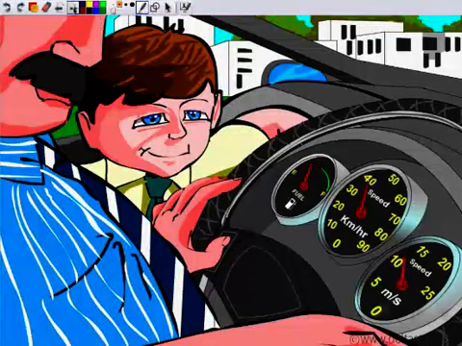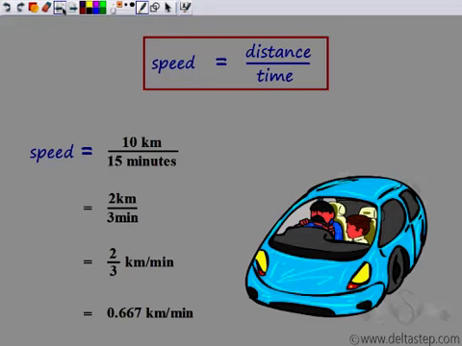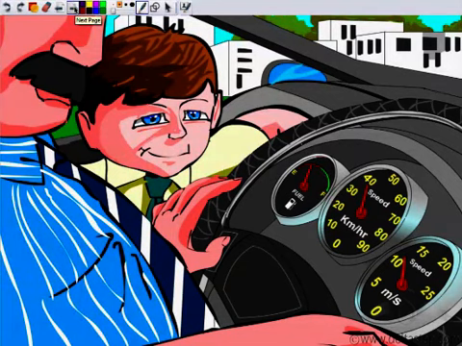Well, if you carefully observe this speedometer, you would find the answer. You can see that here speed is given in kilometers per hour and here speed has been given in meters per second. Whereas Rohit had found the speed in kilometers per minute. So that was the problem. Had he found the speed in kilometers per hour or meters per second, he might have got the answer.